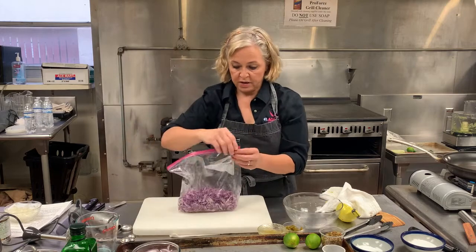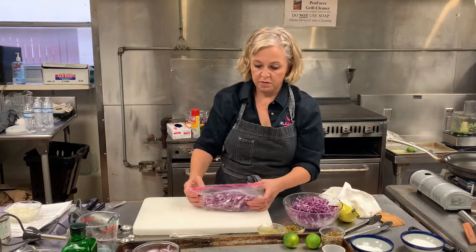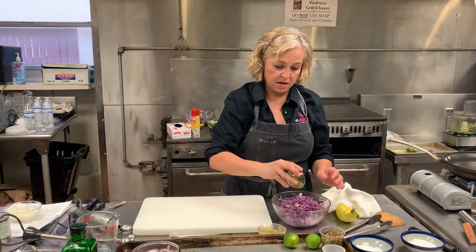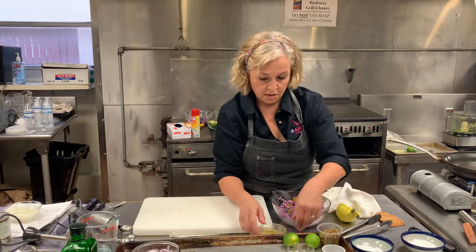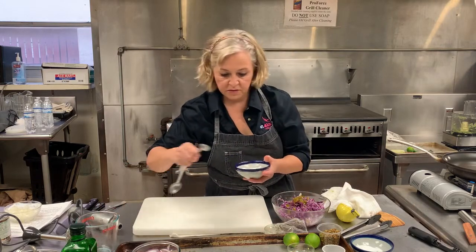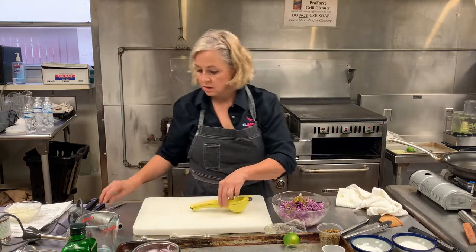And I have my beautiful cabbage that I did earlier today. This only requires 2 cups. So the rest, it's so clean that it'll save for a couple of days in your refrigerator. And I'm going to add my pickled jalapenos, the juice, a little tiny bit of salt, some lime juice,